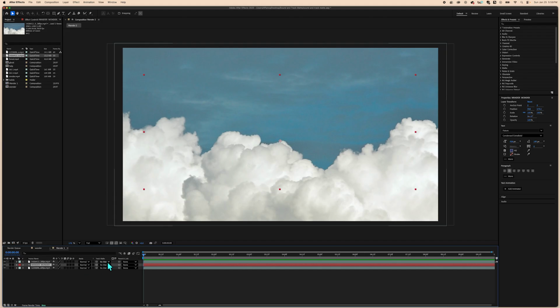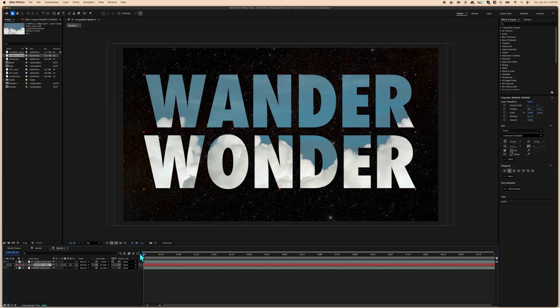Well, anyways, under track mat here, and I always do this backwards on tutorials. So I believe I come up to the cloud layer and it currently has no mat, and I'm gonna choose Wander Wonder. Oh yay, I did it right, okay. So whatever layer you want to assign transparency to, you're gonna have that on top. And then what is going to lay out the map of what is shown and what isn't is gonna be